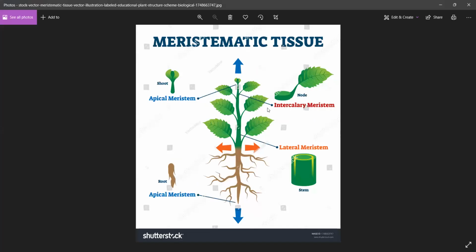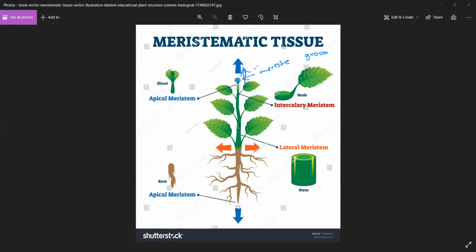Okay, children, look at this diagram. In this one, apex means, no? So somewhere here. Now, here you are having the meristematic tissue. So now I told you the meristematic tissue will grow, no? So when this grows,